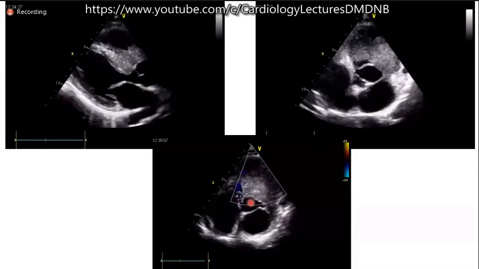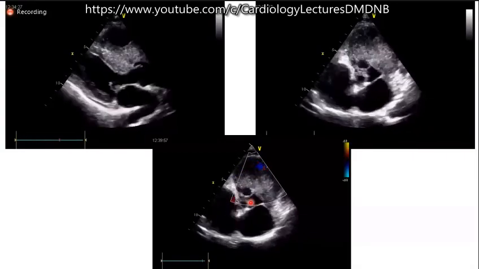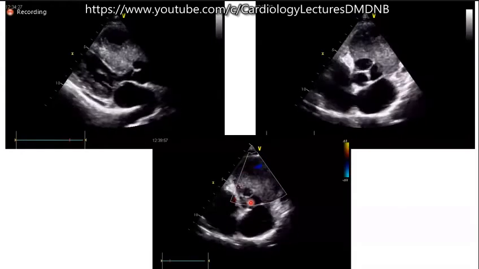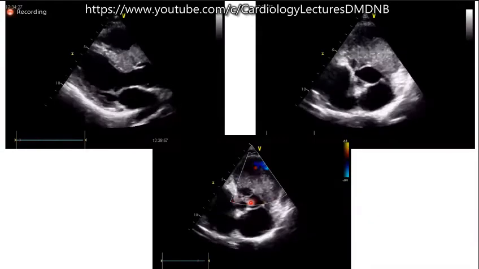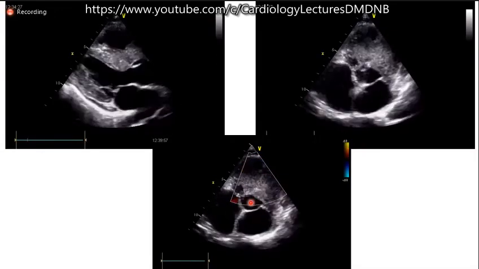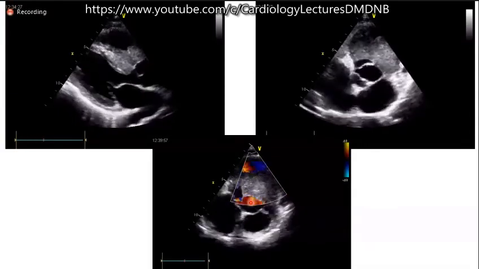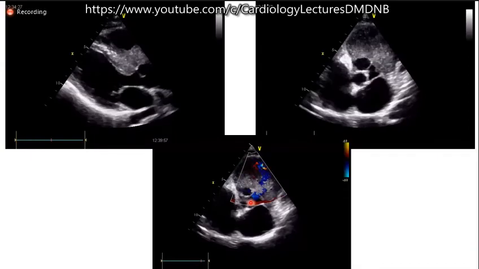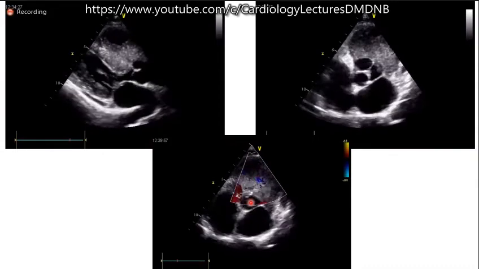It's another case of a right atrial, RV outflow mass, and this also turned out to be a malignant mass. So whenever you see a mass in the RV outflow region, there is every possibility that it could be malignant rather than non-malignant. While in other parts of the heart, the tumors are actually benign tumors. The malignant tumors are most frequently seen in the right ventricle, and that too in the RV outflow region. So whenever you find a tumor mass in the RV outflow region, always think of the possibility of malignancy.